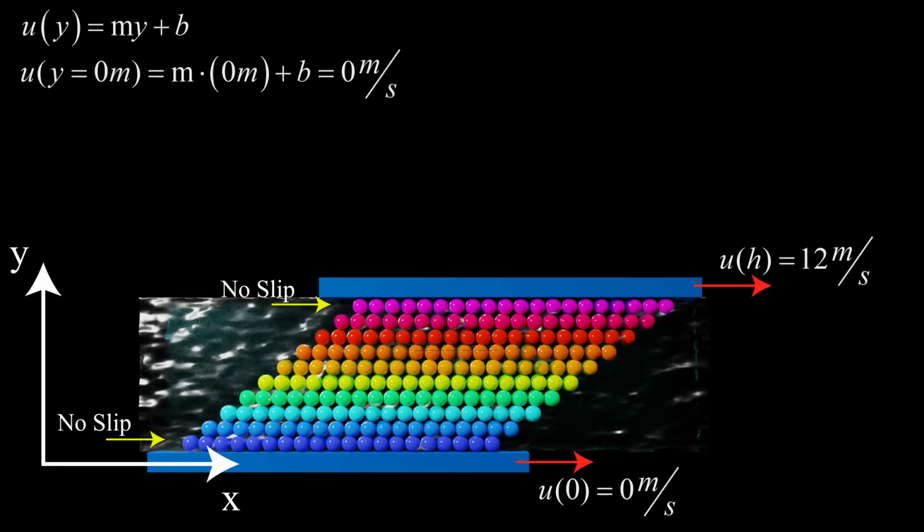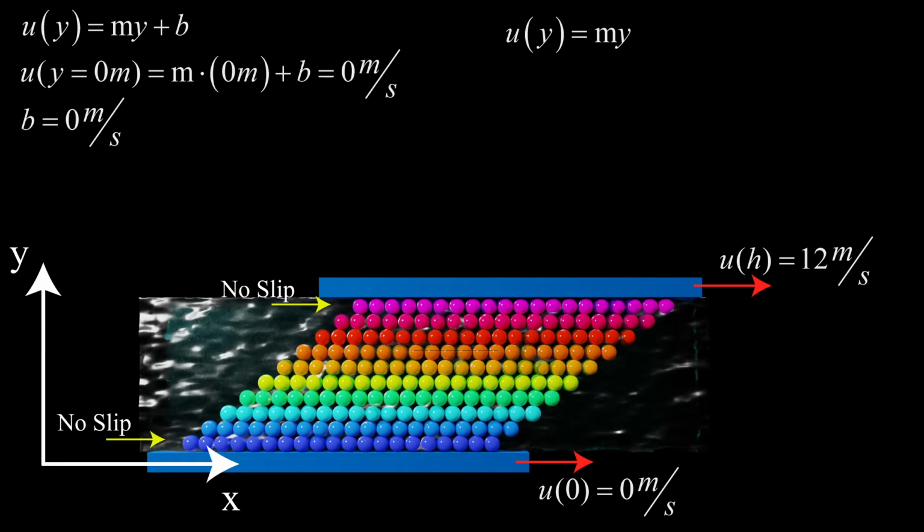The first boundary condition we will use is that y equals 0 meters. Here, the velocity of the water equals 0 meters per second, since it is stuck to the stationary plate. If we plug these values in, we find that b equals 0 meters per second. We can rewrite our original equation, again setting b equal to 0, and obtain u of y equals m times